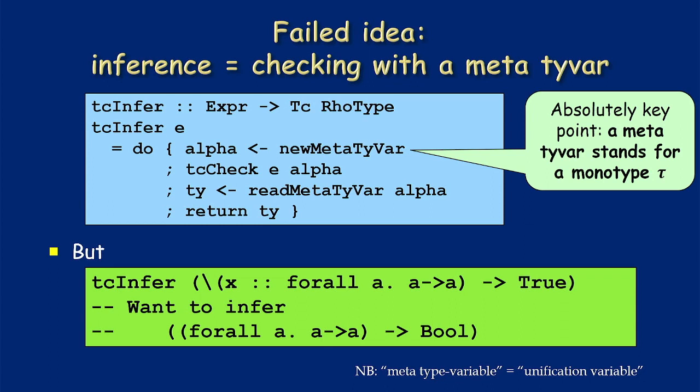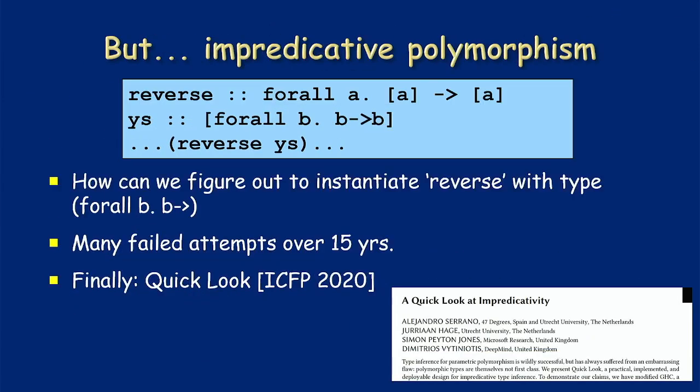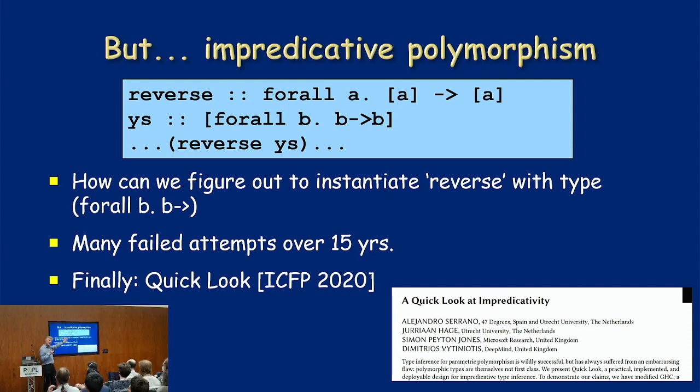Because of this thing that the meta variables stand for monotypes. Yes. But now you're introducing impredicative instantiation, so. Yes. Does this idea start working again? So the whole point of the Quick Look paper is to say we can get this behavior without having unification variables standing for polytypes. I'll give you a quick clue in a second about how that works, but that is the key payload of